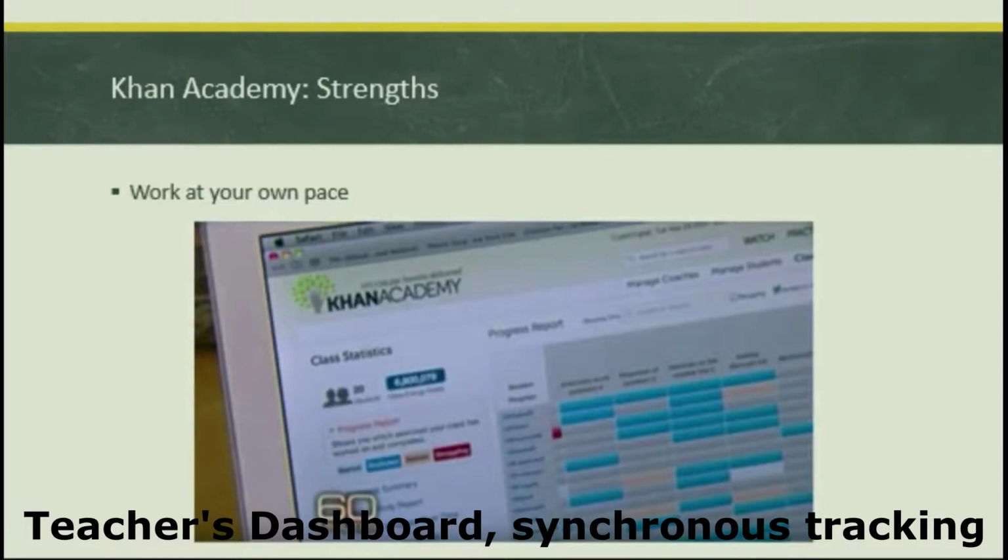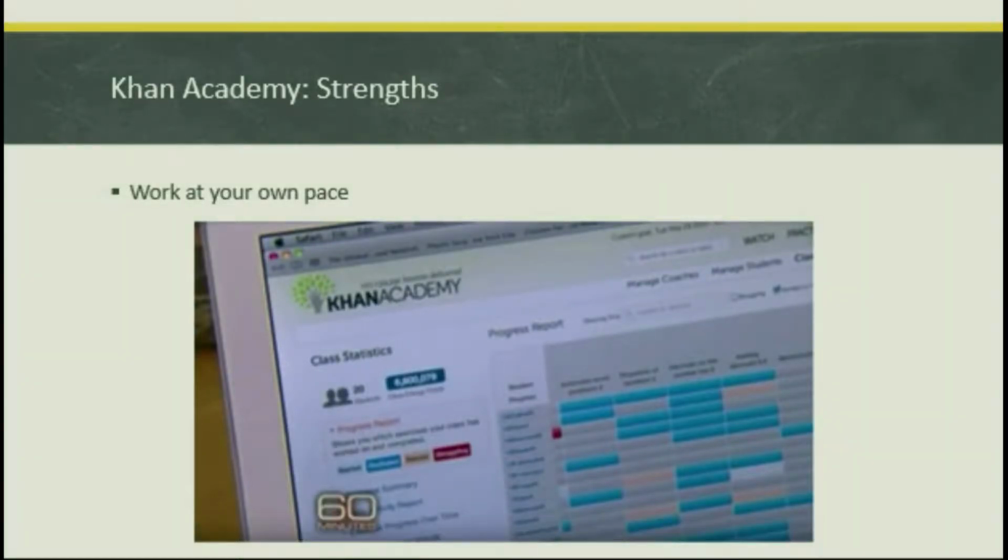Khan Academy allows students to work at their own pace and allows teachers to monitor students' progress online. If you look at the image, this is an access the teacher has that allows them to see how the students are progressing. The blue squares mean the students are ahead and understand the information. The orange squares, while difficult to see, represent that the students are working, and the red box lets the teachers know that those students are behind.